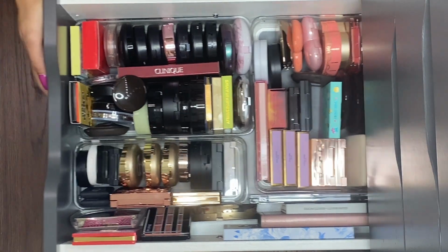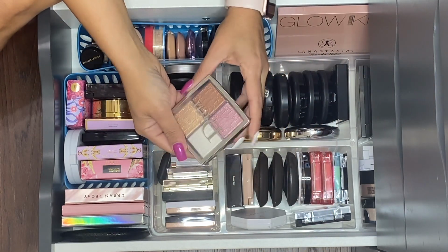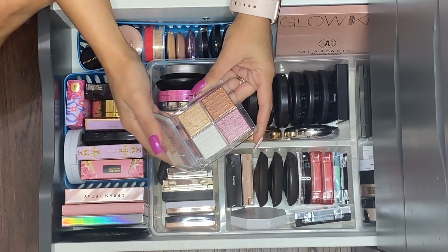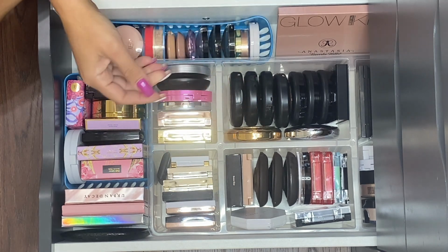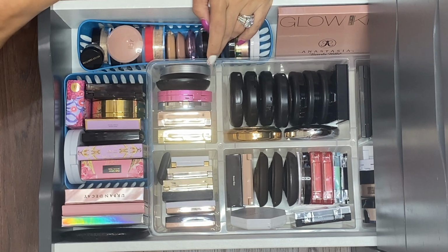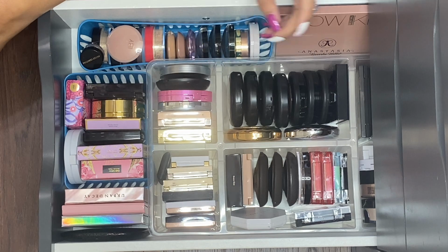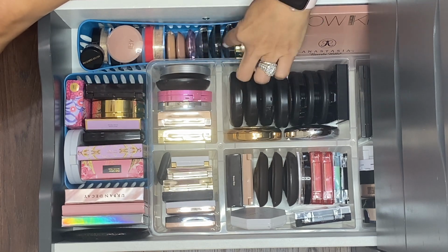Let's do highlighters. For highlighters, I think I'm gonna do this Quad by Dior. I do really like this one. So I'm gonna pull in this one. This is the universal one, Dior Backstage, and then we'll pull in one more, or maybe two more. How about we do,